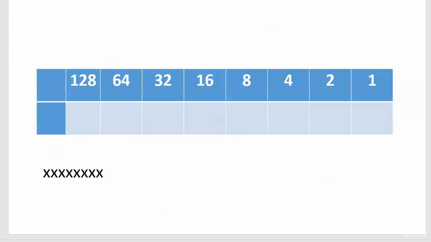Having done some decimal to binary conversions, it's time to go the other way and take a binary string and convert it to a decimal value. And it's a skill we'll be using quite often in this section. And frankly, it's one of the easiest things you're ever going to do, because all you're doing is taking a